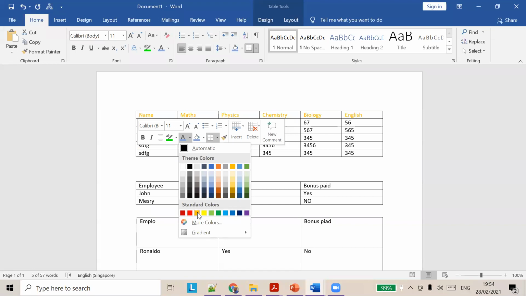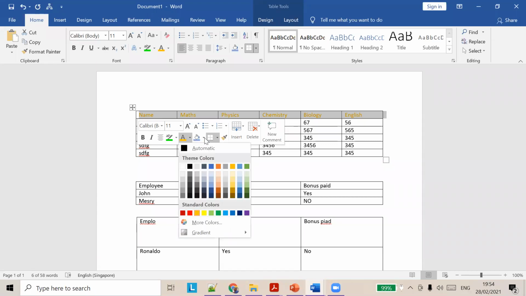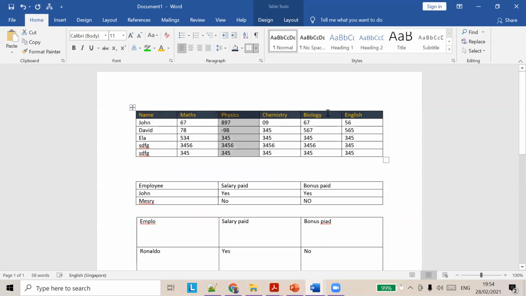Okay, so I want it to be in orange color, and I want the theme color, I want to choose some blue gray color. Okay, so now you can see it's more presentable, right? This is how you select a color and a font for these documents. So the header is in a different color and all the data is in a different color.